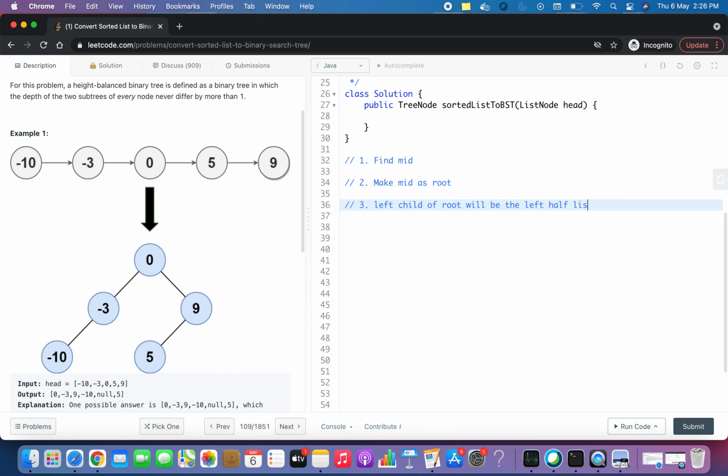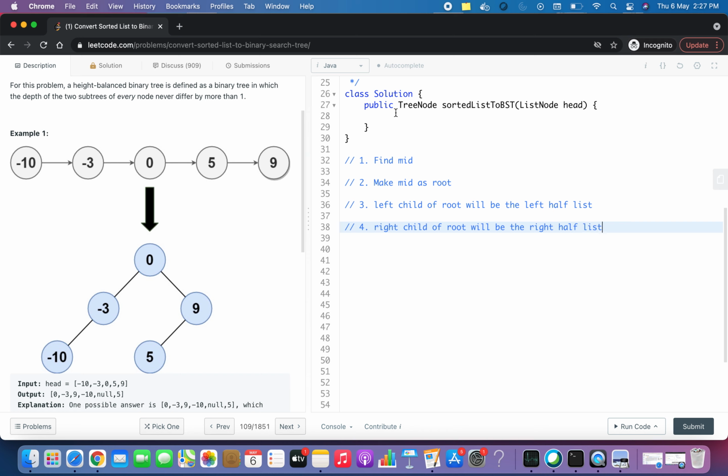And the fourth step is that the right child of the root will be the right half of the list. Okay, so let's code it out. Let's see how we can do it.